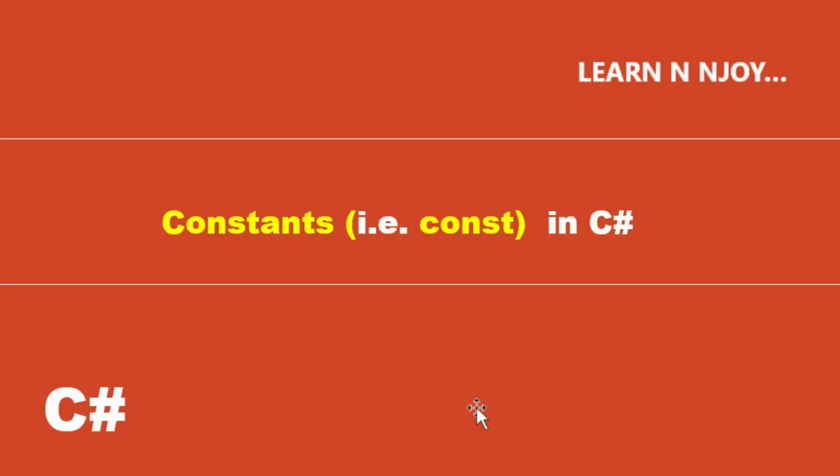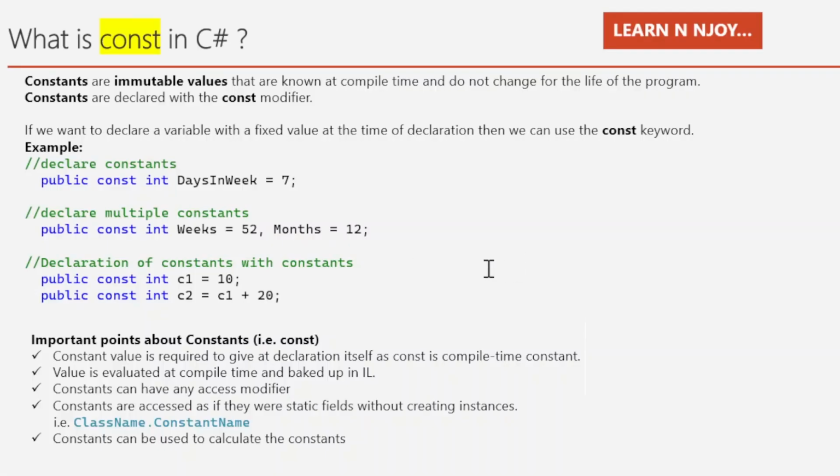Constants, that is const in C#. What is const in C#? Constants are immutable values that are known at compile time and do not change for the life of the program. The constants are declared with the const modifier, const. If we want to declare a variable with a fixed value at the time of declaration, then we can use